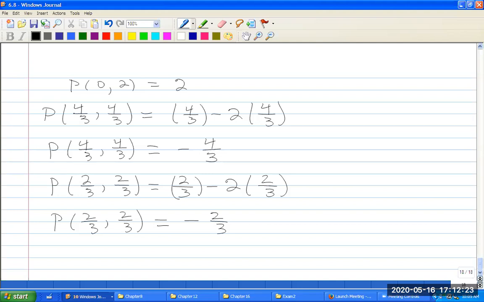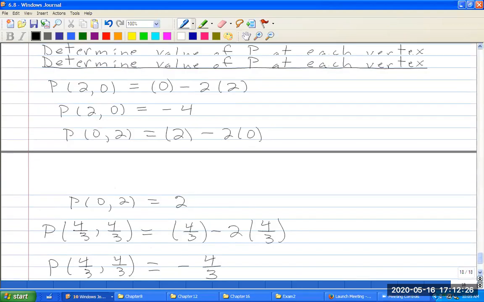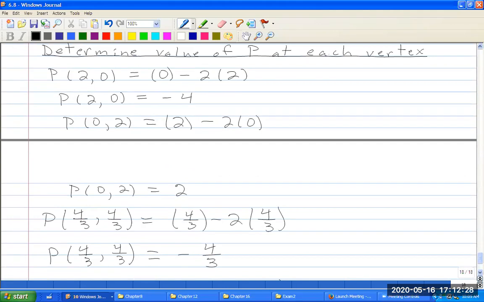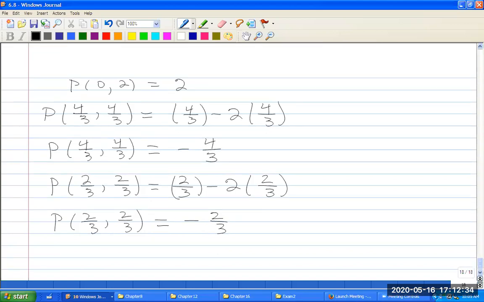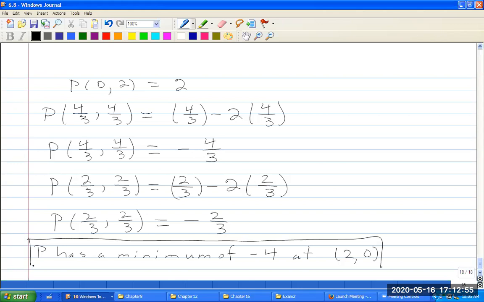And so P, oh no, wait, negative 4. I'm sorry, I forgot about the first one. And so P is minimized. So P has a minimum of negative 4 at 2, 0. And that is your answer. Okay, so that finishes off section